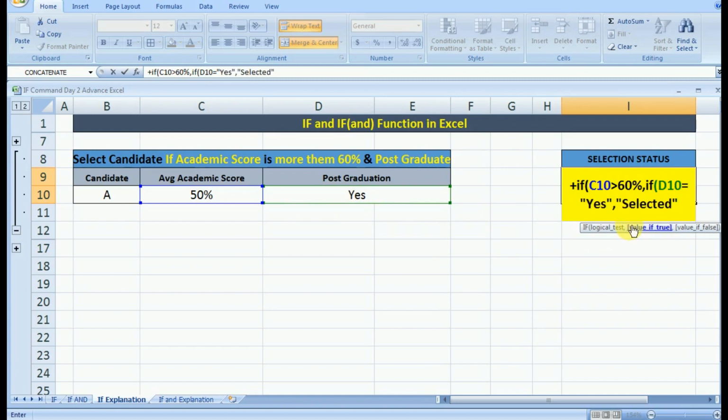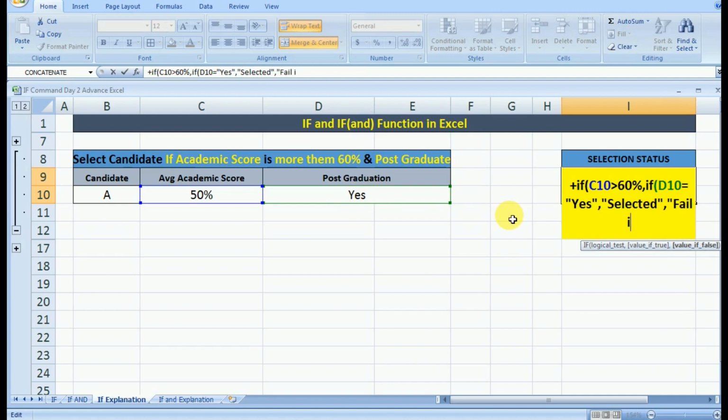If the condition is yes, then the output should be selected. That means if the first condition of 60% or more is valid, then again the IF command will run and check whether the post graduation is yes or not, and if yes, then the output will be selected. If it's not yes, then the output will be rejected.